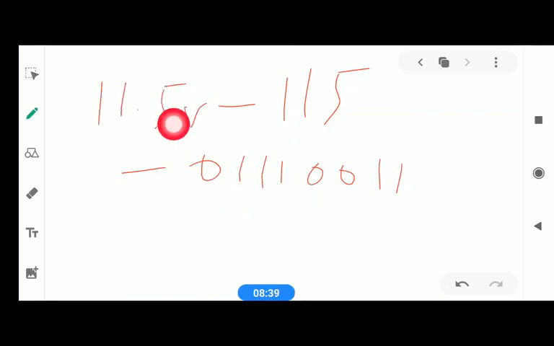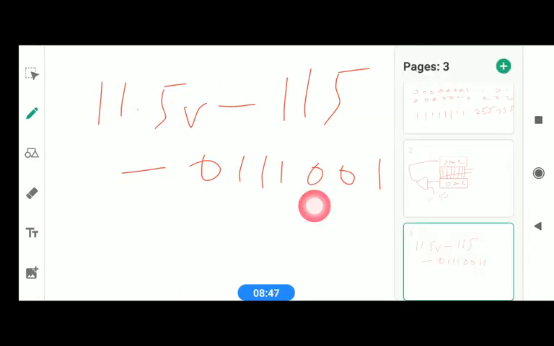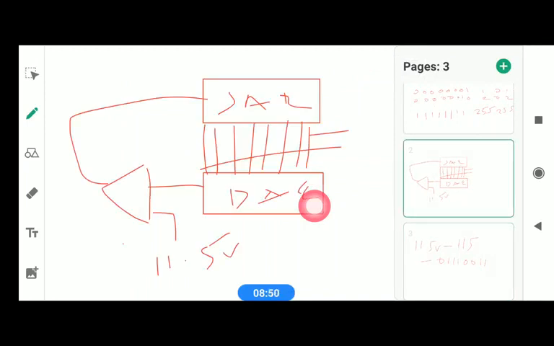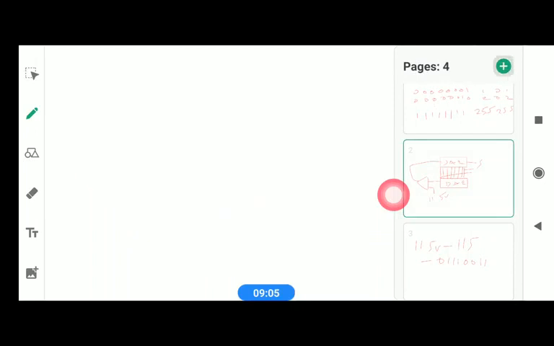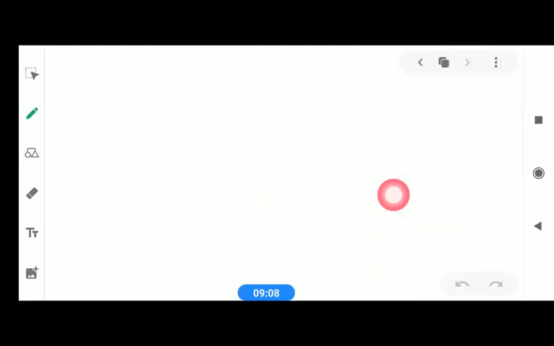Means when you apply this analog input voltage, you have to get this at the output. This is how we have to analyze, right? So here, what the SAR will do to convert this: when you apply the start signal here, then the SAR first sends half of the range between 0000 to 1111, meaning the exact middle